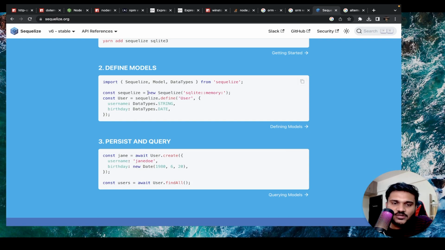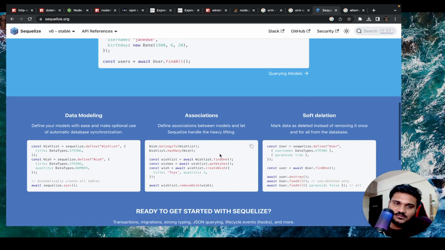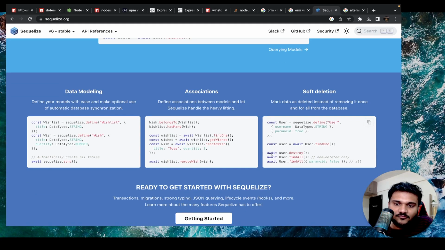And it helps you to actually define your schema and models as well. For example, how your user table should look. When you actually create the table, you define the overall schema, right? So you can define that schema like this using Sequelize directly. And it helps you to do a lot of things. For example,